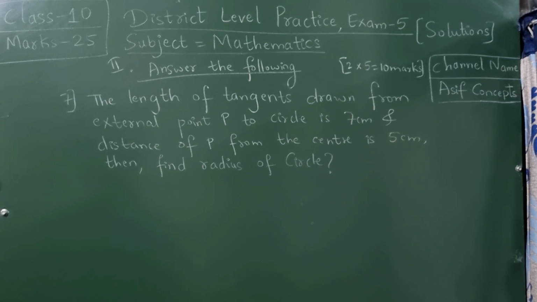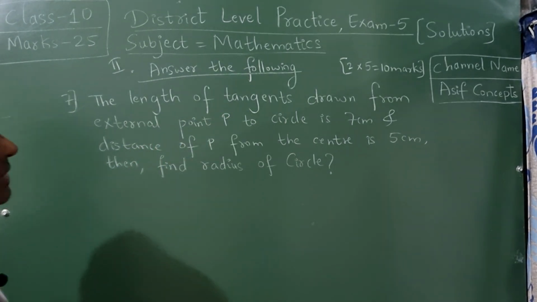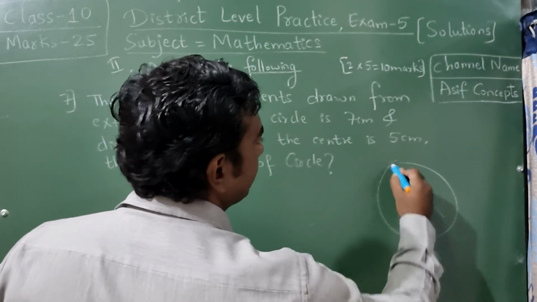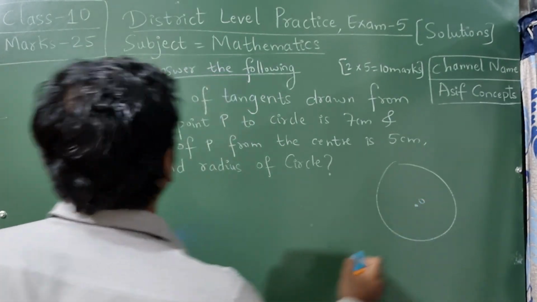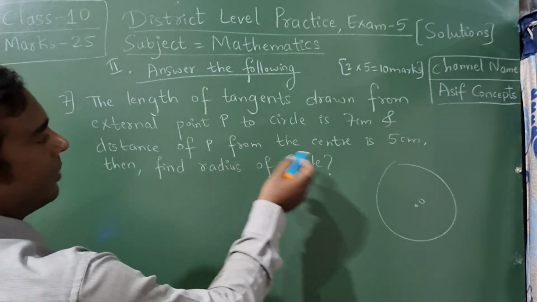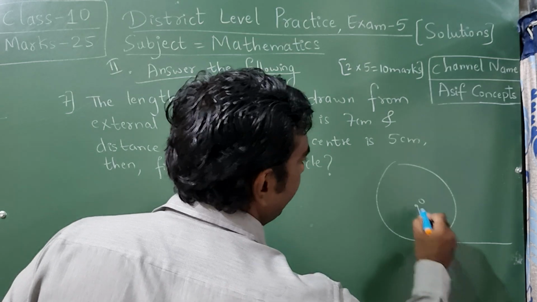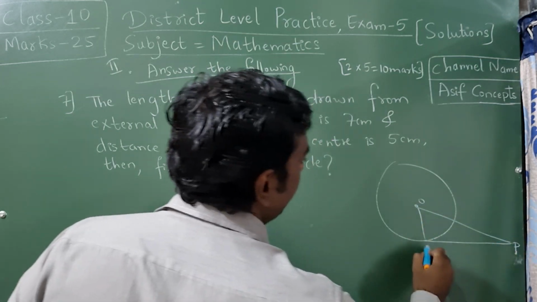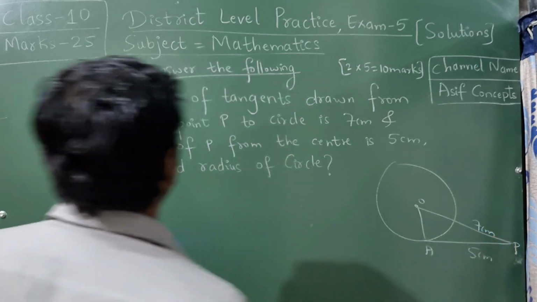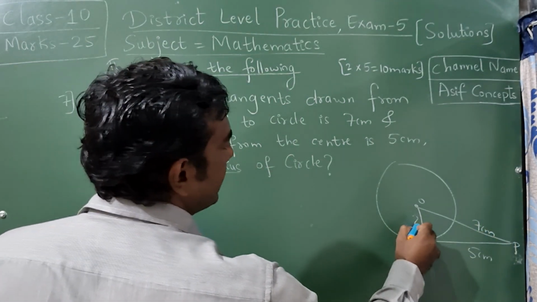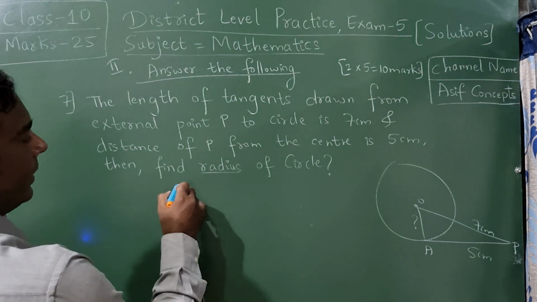Now the seventh question says the length of the tangent drawn from the external point to a circle is 7 centimeter. Okay, so this is center O. The distance of P from the center is 5. This is P, this is A. So this is 5 centimeter, this is 7 centimeter. Find the radius of the circle, that is this. So we can use the Pythagoras theorem. So in triangle